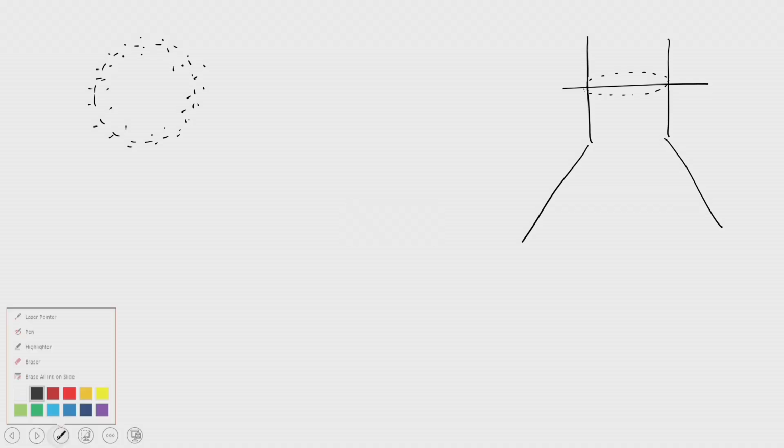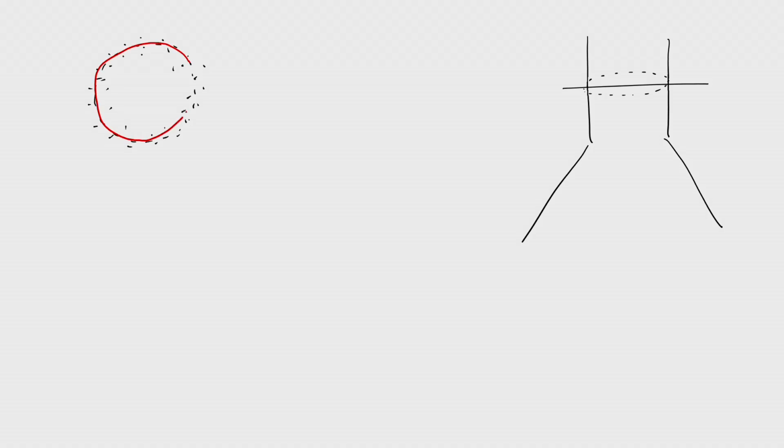Let us say that you observe a chimney which is like this, and here on this level you observe some points on the surface of the chimney like this. These points should fall on the circle, but because of the error in the measurement that you perform using total station, it will never be a circle. So what will you do? You will find out some points like this. You will try to fit a circle through these points like this to find out what is the exact diameter of the chimney.